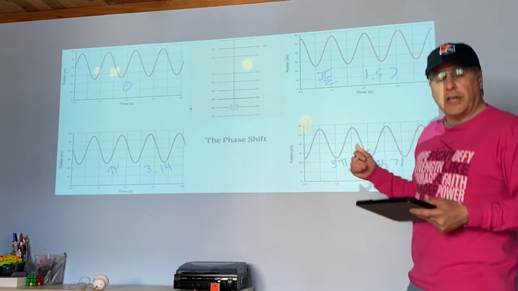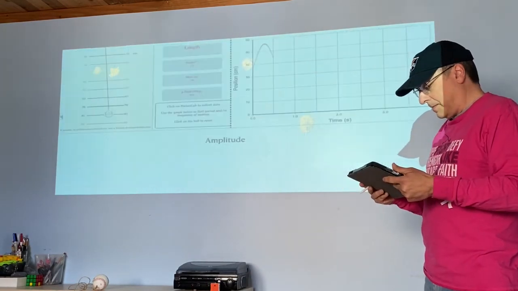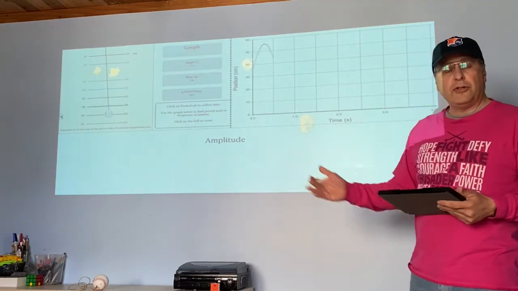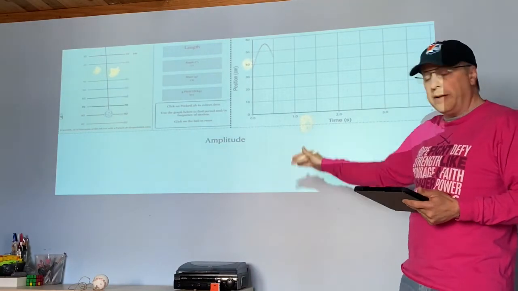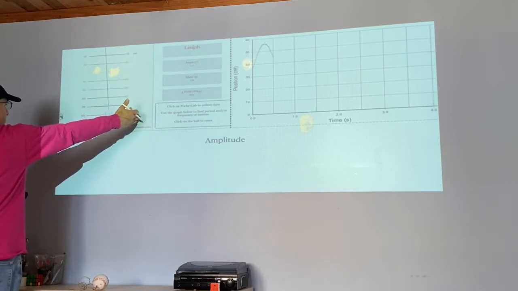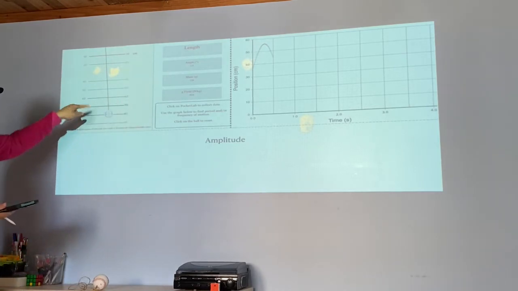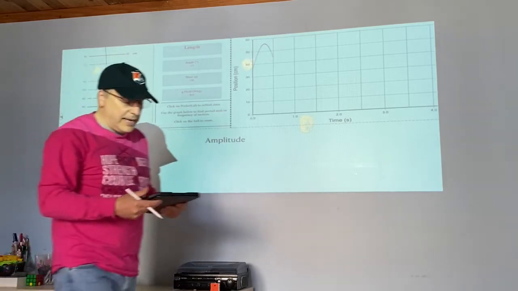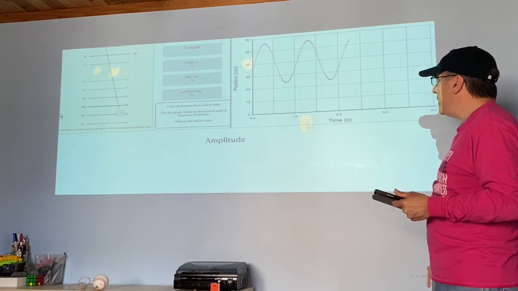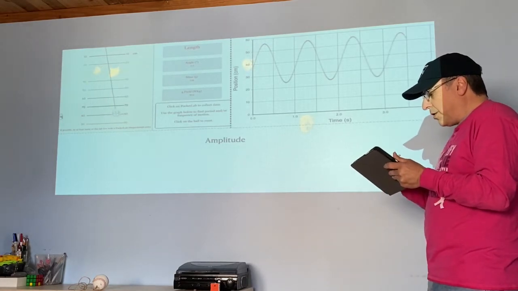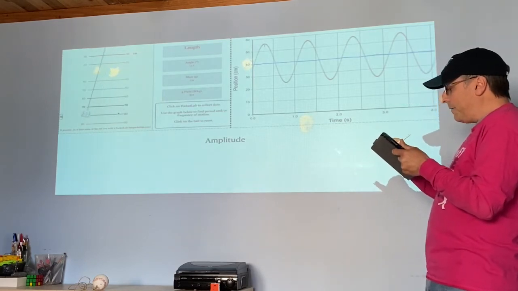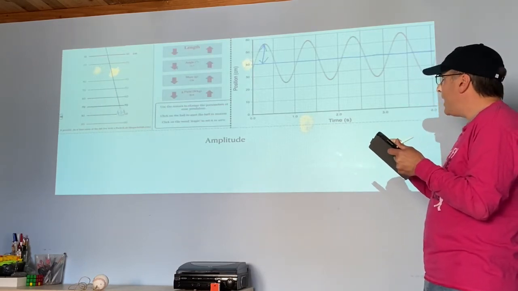So we have vertical shifts, we have phase shifts. The final thing we have is what's called the amplitude. And the amplitude just tells you how far the ball swings away from equilibrium. Straight down is the equilibrium, so how far does it go to the right? How far does it go to the left with reference to that equilibrium spot? So as we watch it, and it swings back and forth, we draw our bisecting line, and the amplitude is just how far did it go in either direction